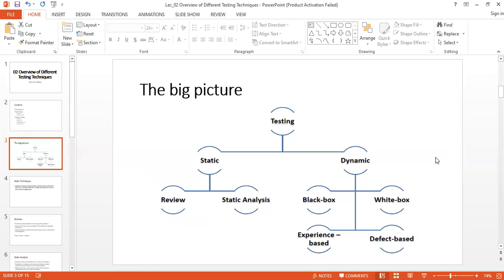Under dynamic testing techniques, you will cover black box, white box, experience based, and defect based. The black box and white box content is the most important and new to you. Experience based and defect based are very simple cases, but under black box and white box testing, we will learn other sub techniques as well.